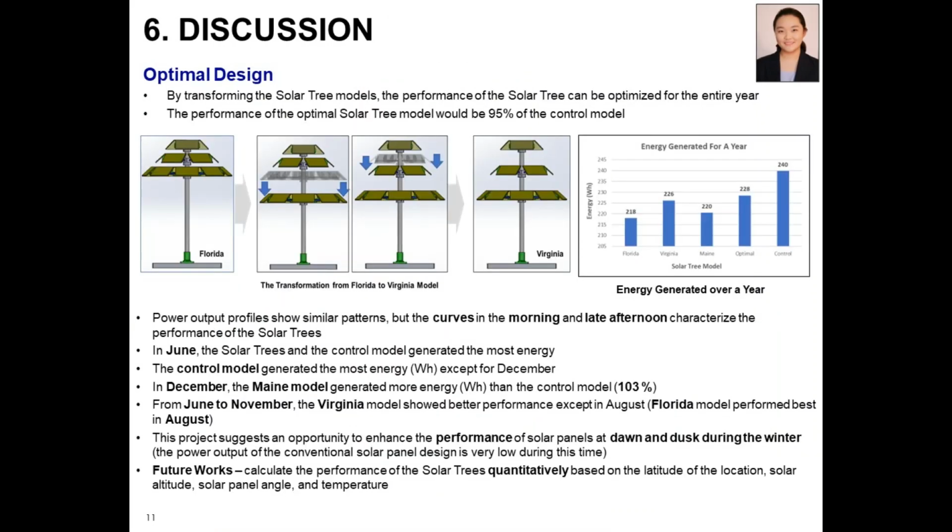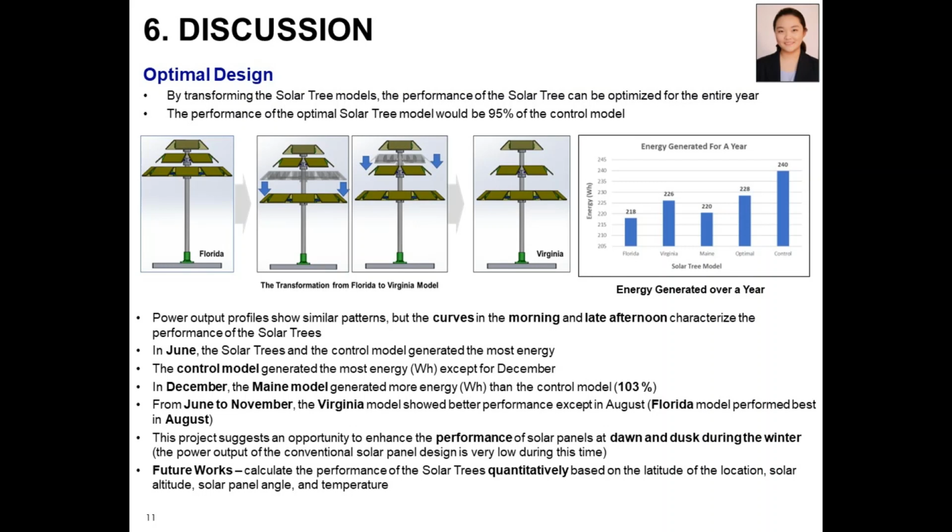Throughout the year, the best performing solar tree changes depending on the month and season. You can see in this image that we can transform the solar tree models by changing the heights of the top, middle, and bottom branch groups. With this, we can change the shape of the solar trees to get the optimal performance of the solar tree. Through this graph, you can see that the optimal solar tree can create about 278 watts, which is about 95%